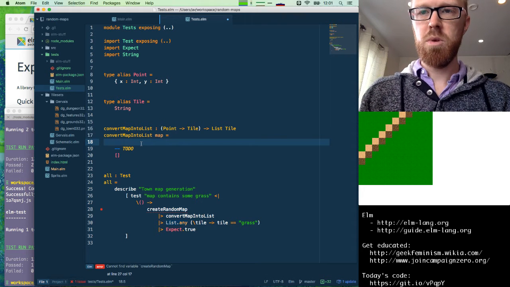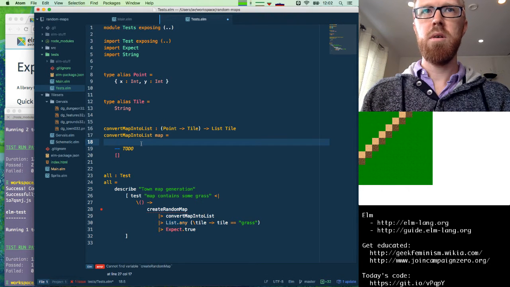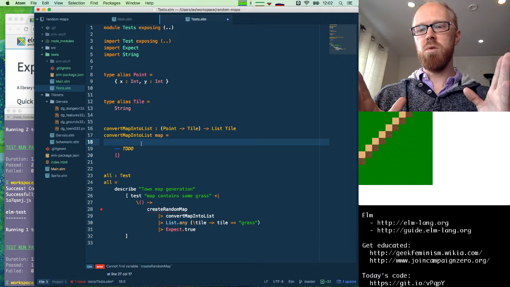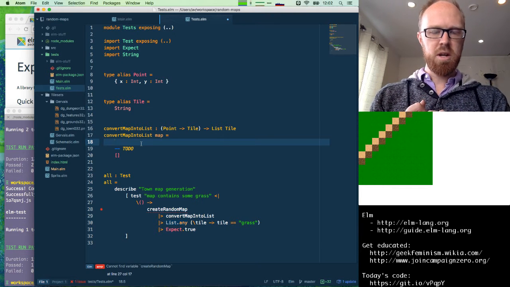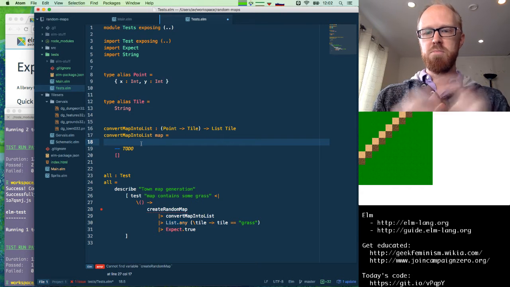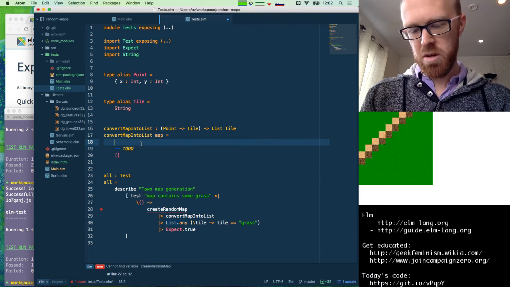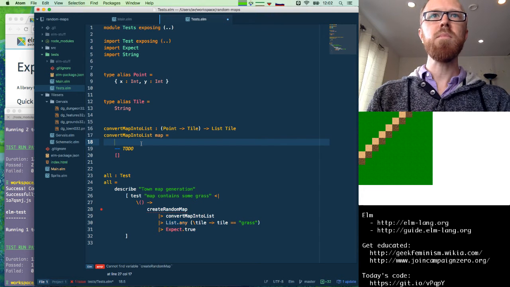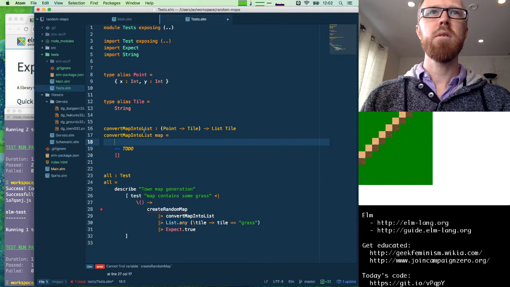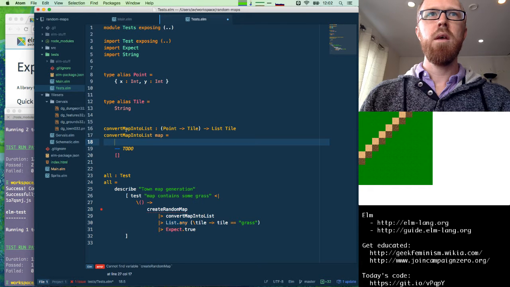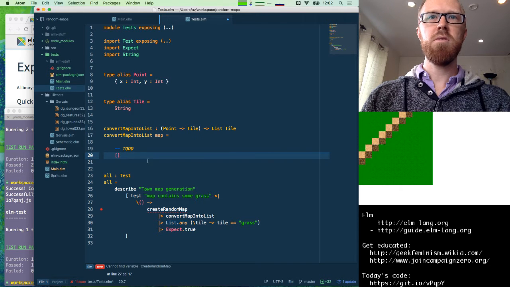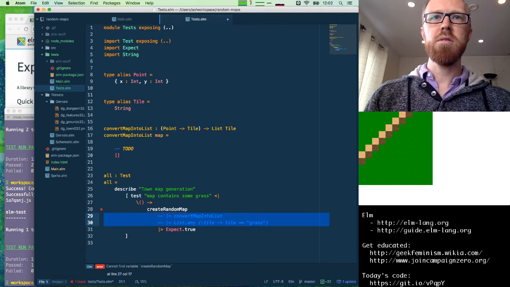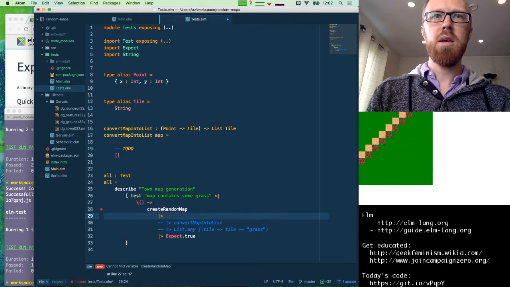this, I think we want to loop through some particular coordinate space. What I'd like to try for the moment is just to have all maps be a 10 by 10 square. We could easily parameterize that later if we wanted to. And actually, now that I'm thinking about this, it seems a bit convoluted. I'm wondering if, rather than converting into a list, why don't we just try making a